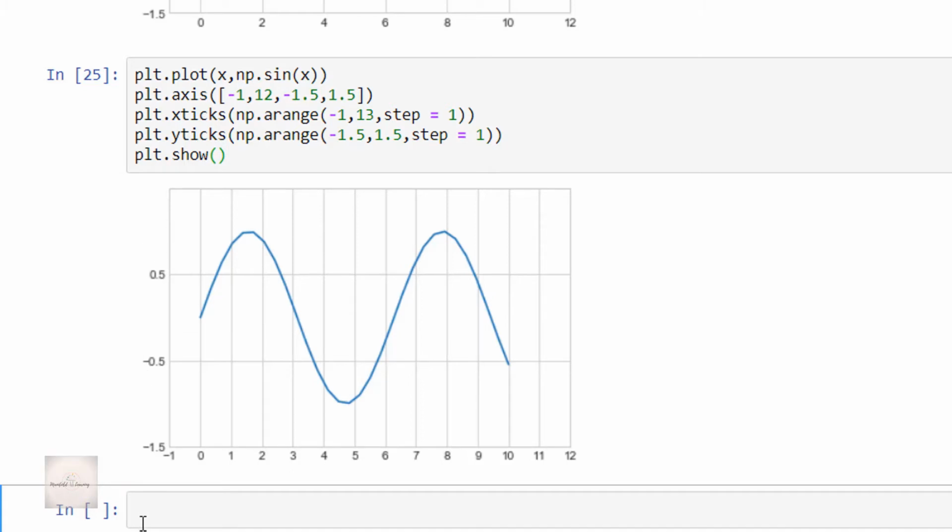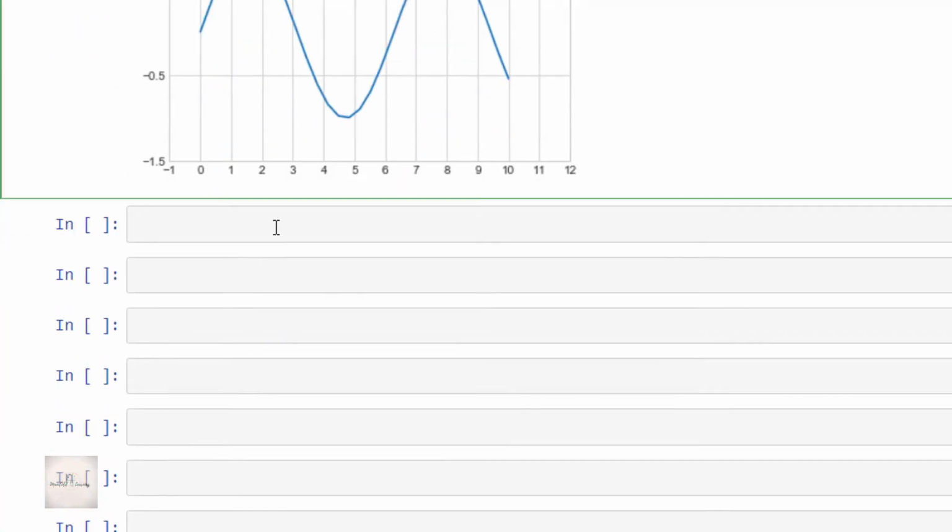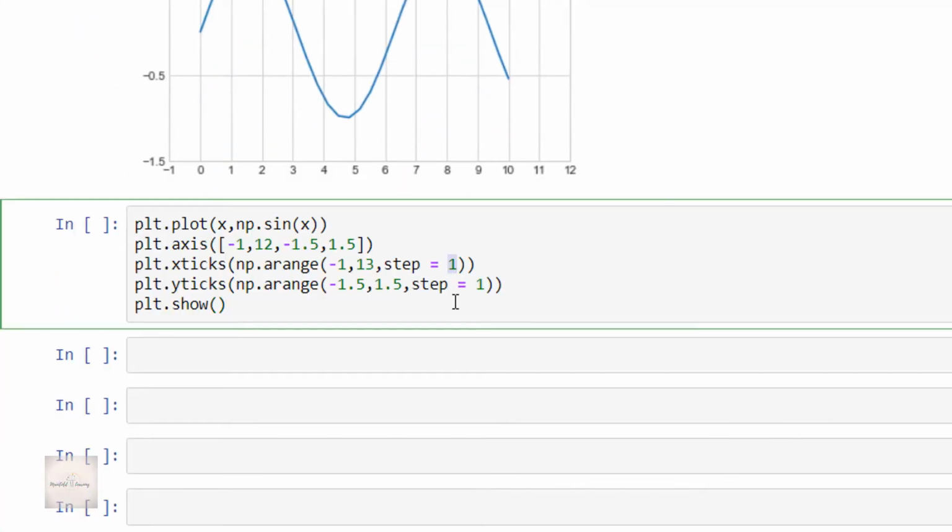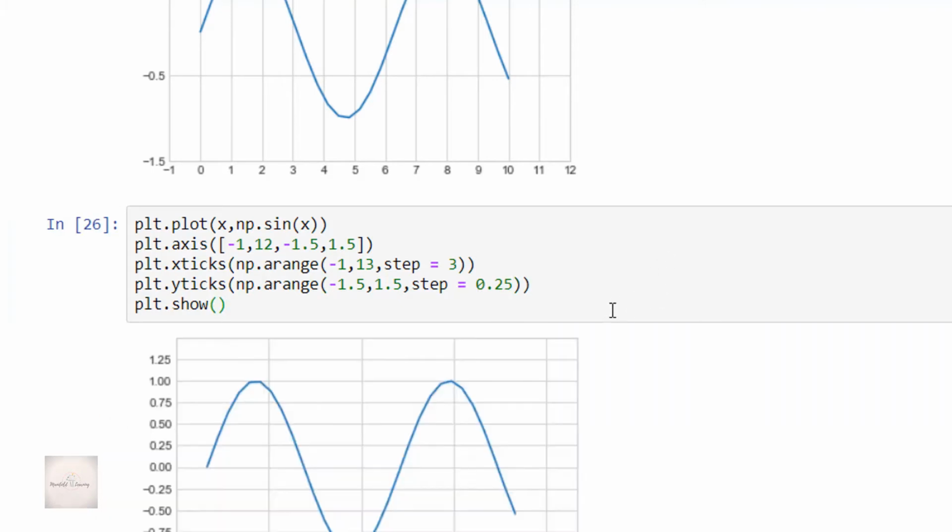Now, I'll change the step size for xticks and yticks. For xticks, I'll specify 3, and for yticks, I'll specify 0.25. Now let me execute this.